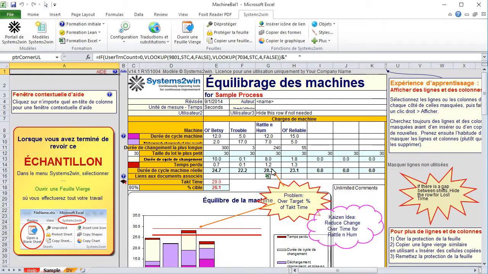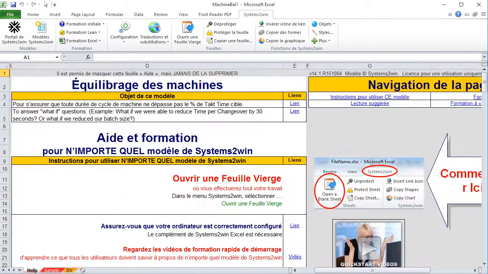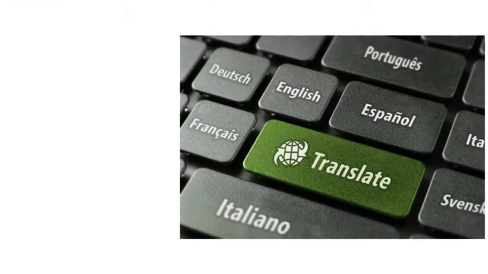Now the row and column headers and the help text boxes and the training on the help sheet are all in your preferred language. And the translations in your Systems to Win templates are not machine translated. They're translated by a professional human translator and then reviewed by an industry expert for industry terminology.